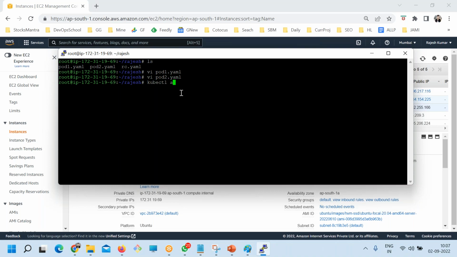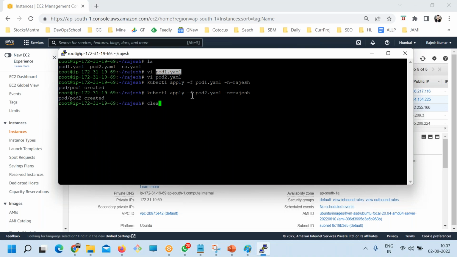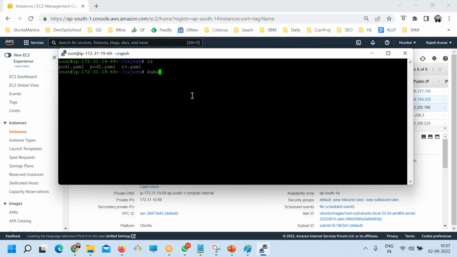Now I will do kubectl apply -f and -n Rajesh 1 2. So kubectl get pods -n Rajesh.